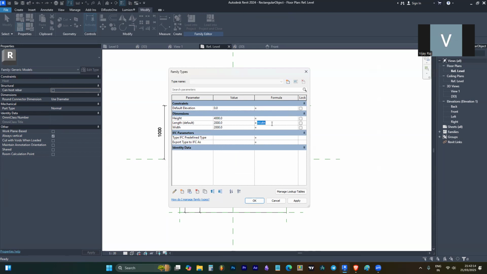So I want the length to be equal to the width now, right? So 2000, 2000. If I change the length, automatically the width is also changing. If I change the length to 4000, width is also getting changed to 4000. Now I want half of the length to be the width. For that, I can simply give a divide by 2 and press enter. Now you can see if I